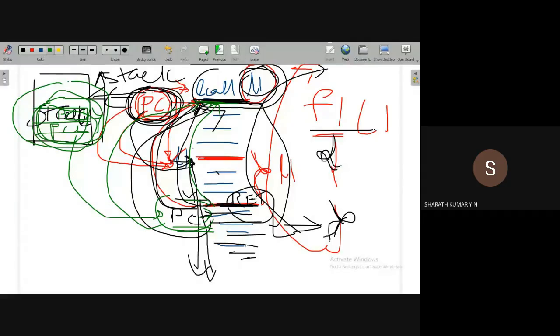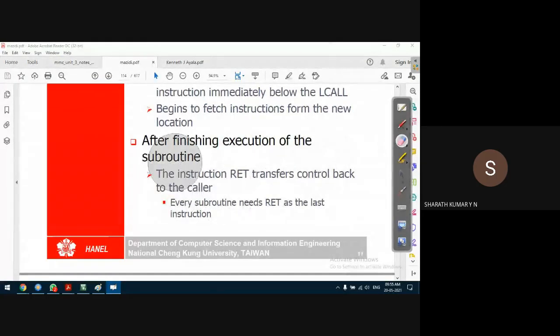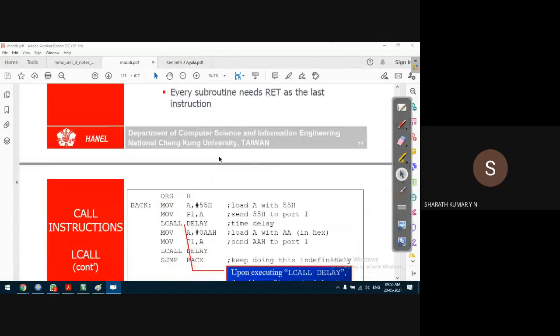So this content of stack memory, which stores the content of PC, is the return address from the subroutine. Return address means after executing the subroutine, it should go back to this return address. That means the instruction from where the instruction execution should continue. So these are the operations performed by the microcontroller whenever the return instruction is executed.